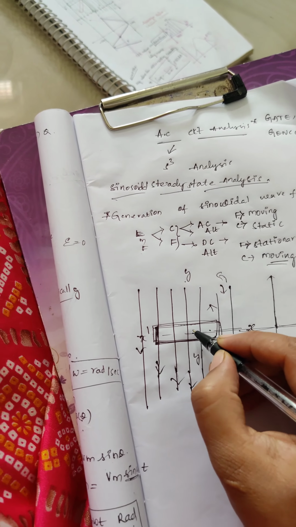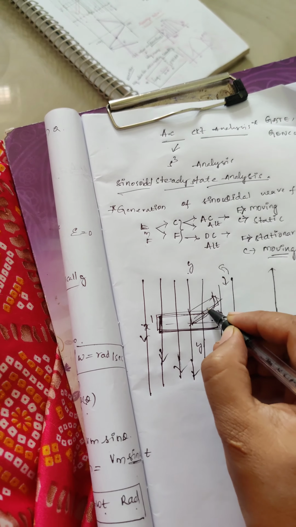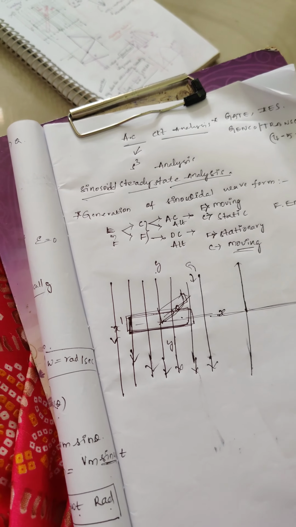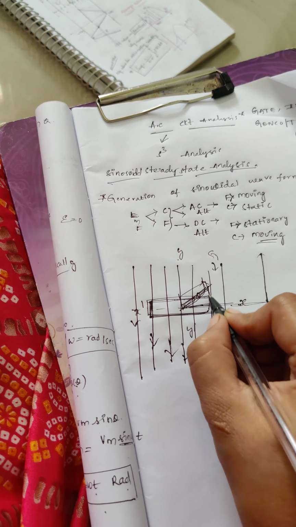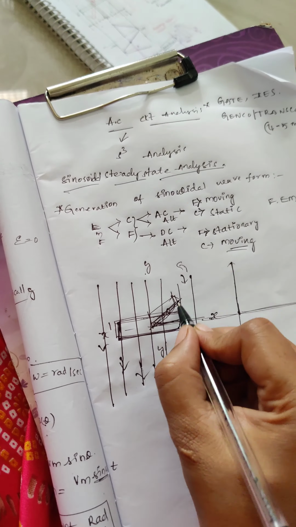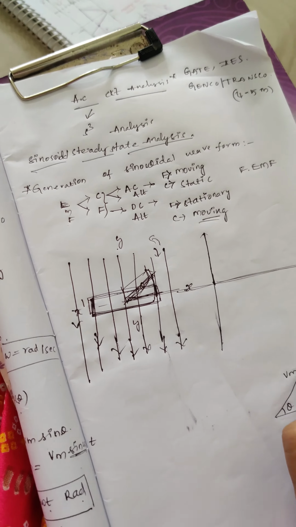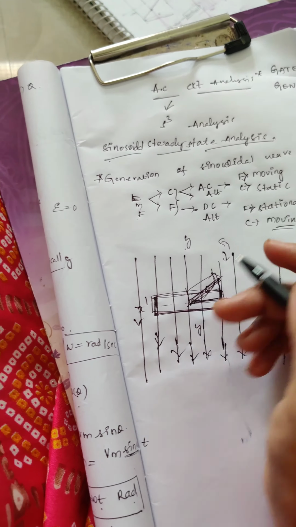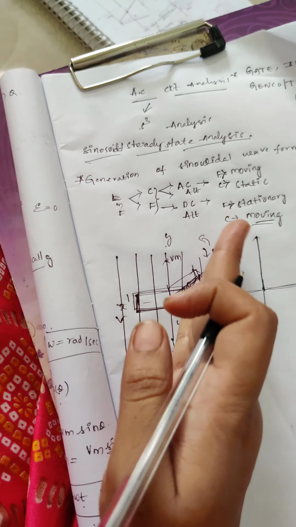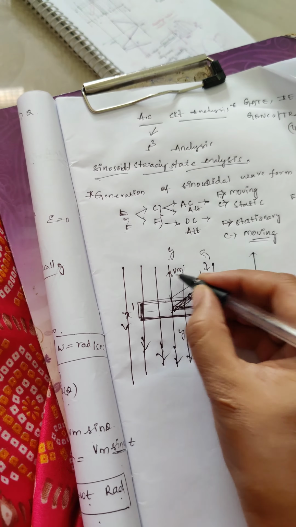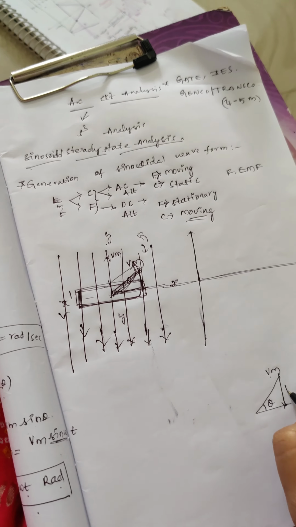So whenever the conductor is moving like this, let us take the position of this conductor like this here. It is making some angle here. I am drawing the triangle here. This triangle I am taking separately here, right? Here theta, and this is the maximum. So whenever the conductor position is here, the EMF generated will be maximum. Here Vm. This value is nothing but the maximum generation, it will not change. So this length is equal to this length. So this is the Vm value, and here it is V of theta.